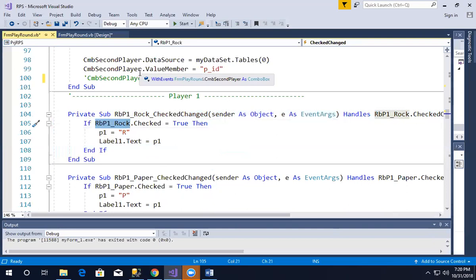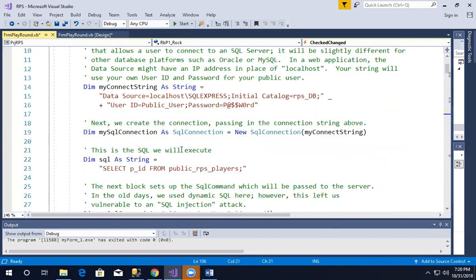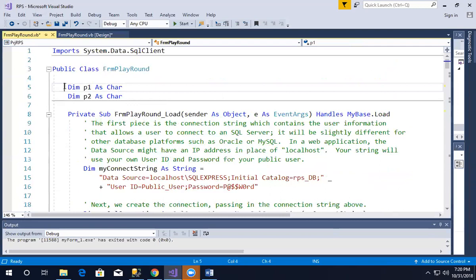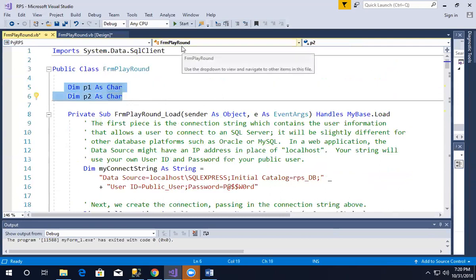that means that, okay, then P1. Oh, by the way, P1 is a variable. I'm going to run up here and show it to you. Look, here are a couple of form variables. Those are just variables. They're just characters. They go away when we leave the class. They're not on the form. They're class variables. They don't exist on the form. They exist in the class. So it's just a variable,